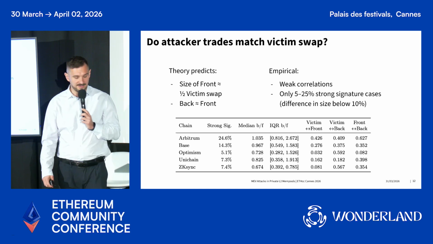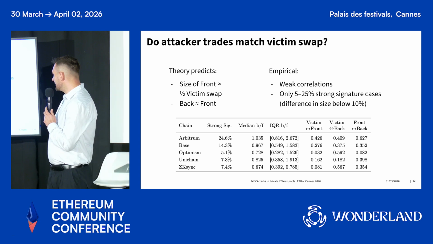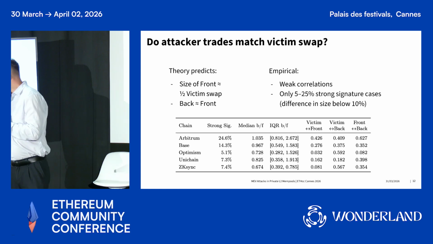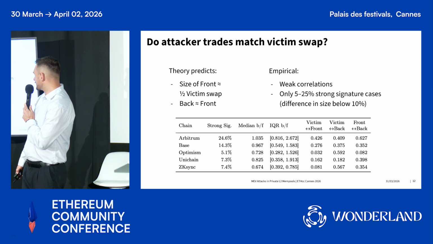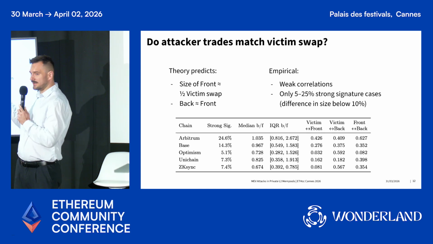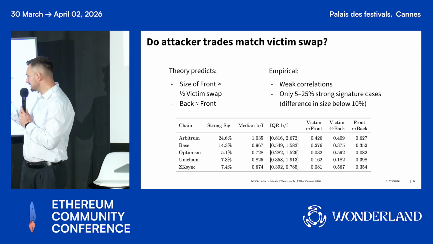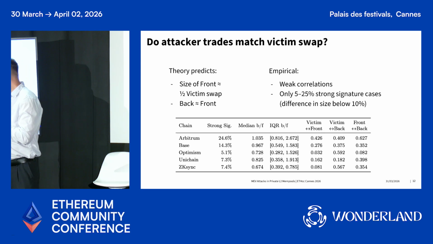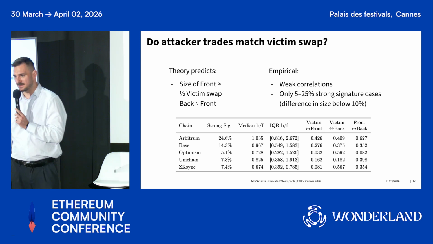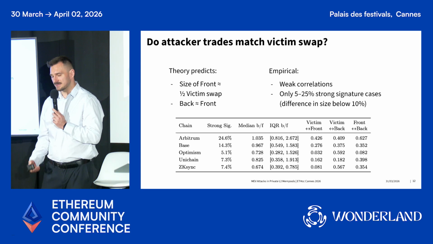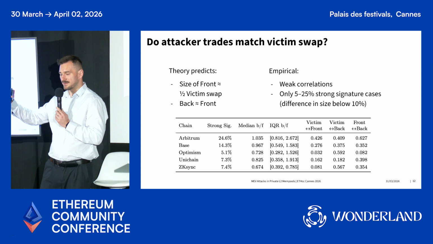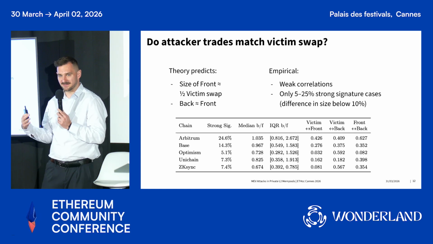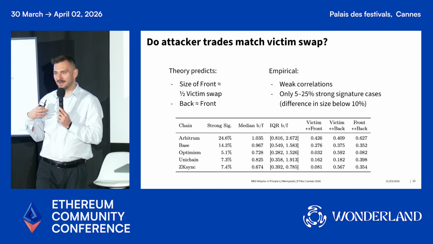results of our analysis, and you can see that in most cases there is a very big difference in sizes between the front-running and back-running transactions. This is what we call the strong signature. It means that only around 5-7% on Arbitrum, 20% of those sandwich patterns, meet the criteria that the front and back running transactions have a similar size, or differ in size by no more than